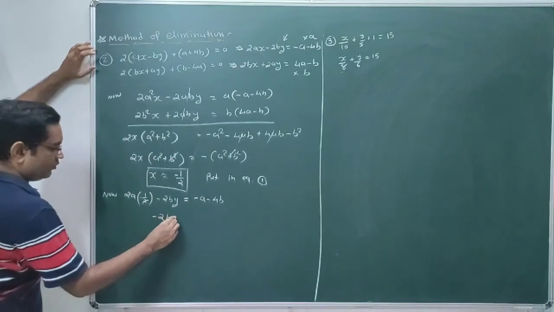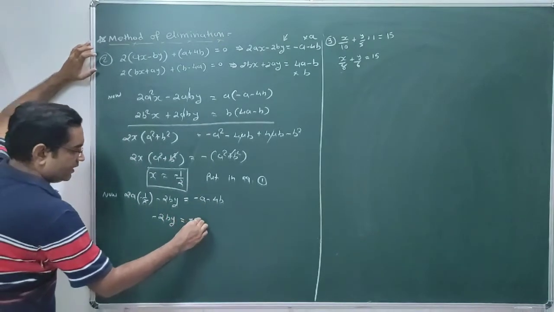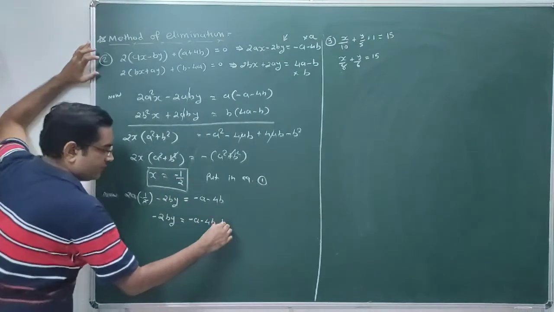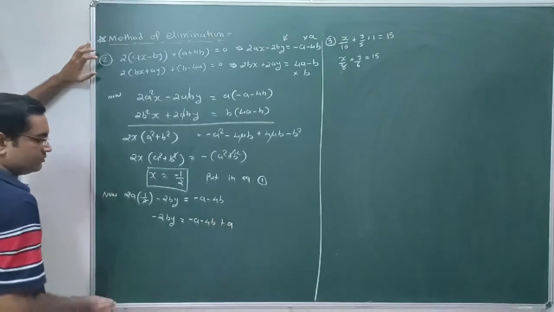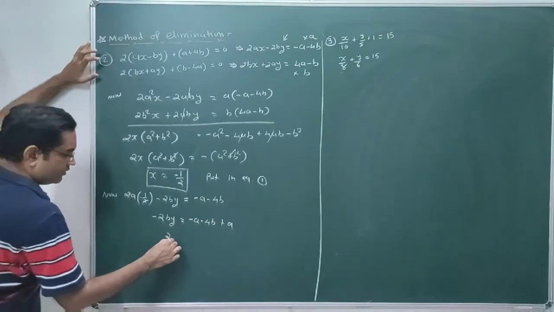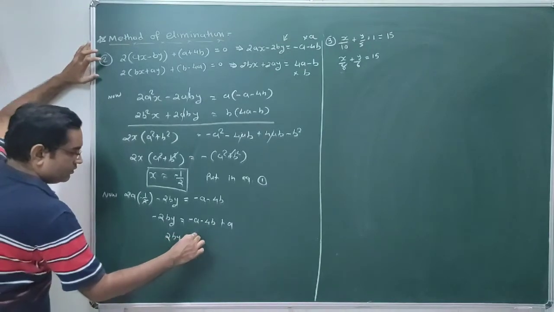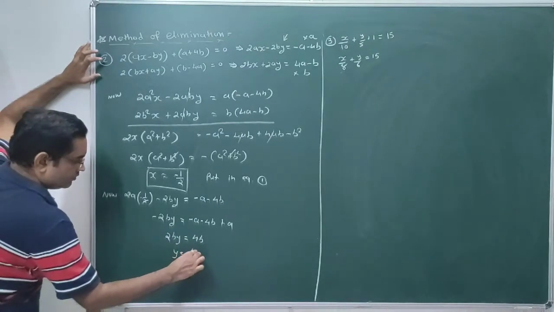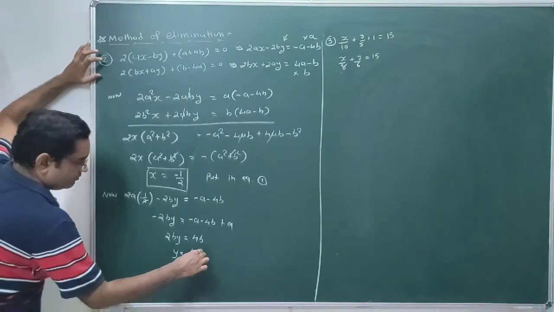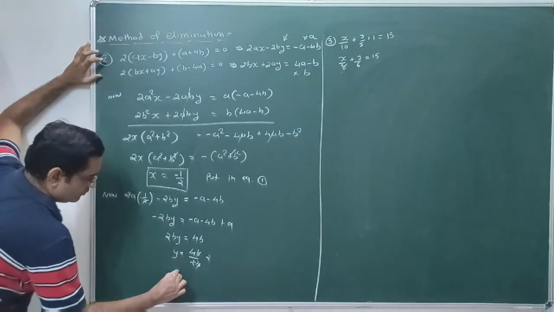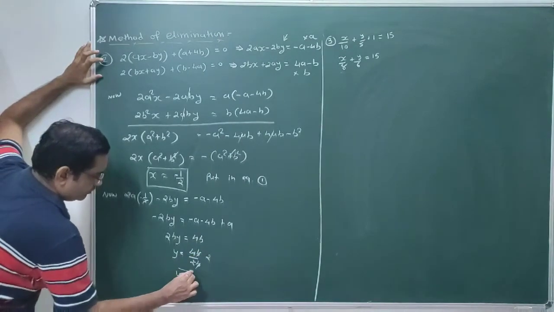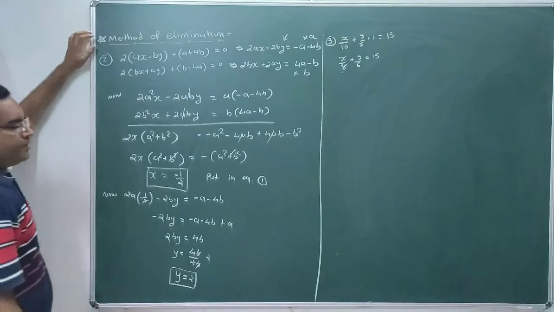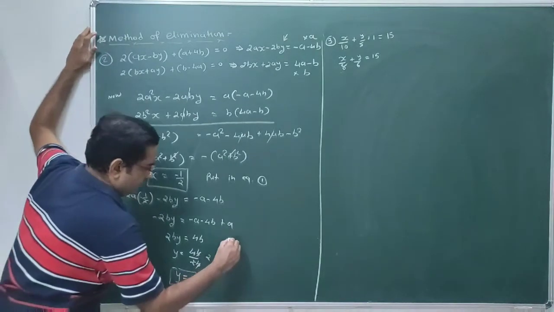So we are getting minus 2by equal to, this is minus a minus 4b, and these cut. So it's minus a, minus a will become plus a. So minus a plus a is 0. Minus, minus, plus. So 2by equal to, this one is 4b. So y equal to 4b by 2b. b cuts, 2 into 4. So I am getting the value of y, which is equal to 2. So x equal to minus 1 by 2 and y equal to 2 is the solution of this pair of linear equations in two variables.